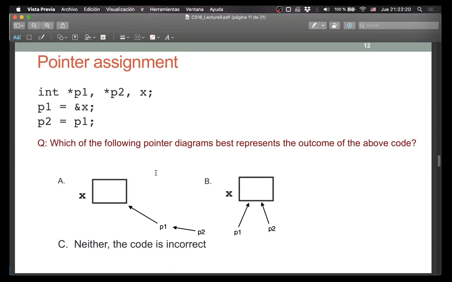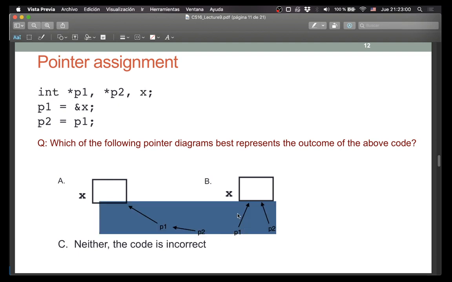All right, so moving on. Right now, please go through this, run this code in your mind or on paper, and draw a diagram and see which one best represents what's going on. And this is actually a perfect example of that kind of error that might happen, okay? So right now, you can rule out one of these two options, A and B, by the types themselves. P1 is a pointer to an integer, P2 is a pointer to an integer, and X is just a normal integer. This diagram for B,